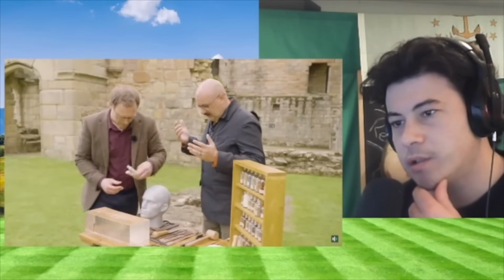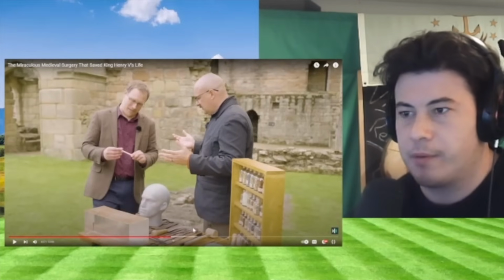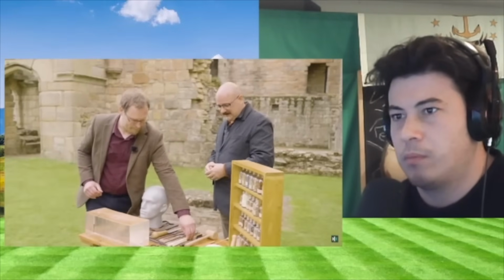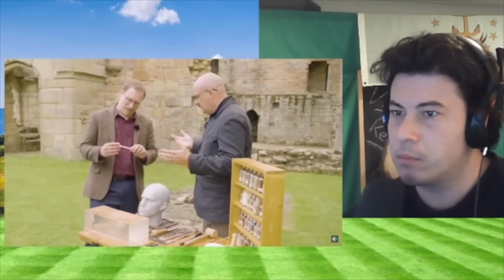Tents. Genius. No, I've camped in a tent. This doesn't look like a tent. No, it's not. This was his word for it, and it's essentially pith of elder, which does have some antibiotic properties,